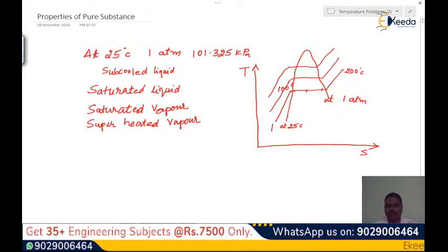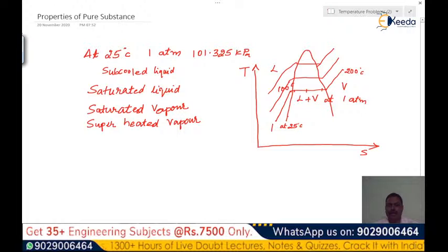Let us take this point somewhere here. Okay, we will have a dome shaped curve. So left to this curve, it is completely liquid, and within this curve, it is liquid plus vapor, and right to this curve, it is only vapor,